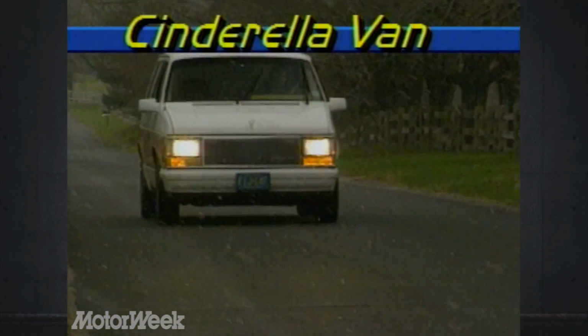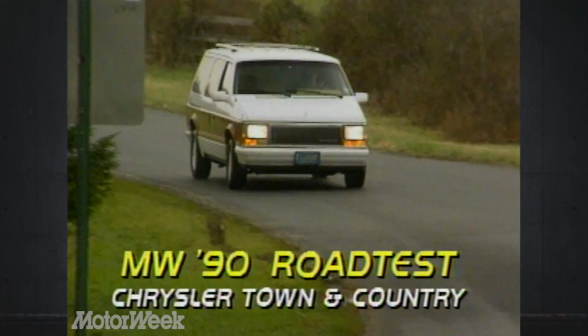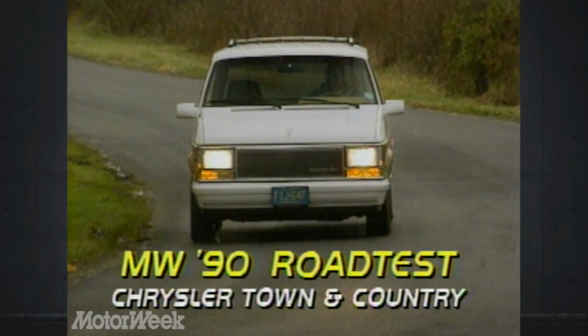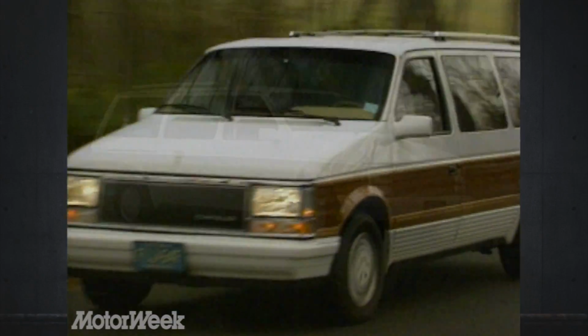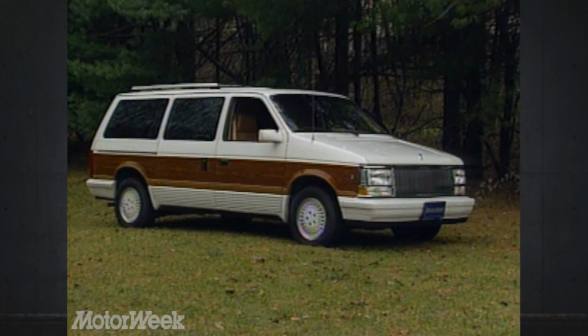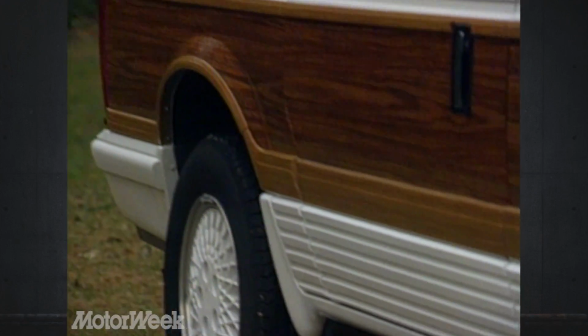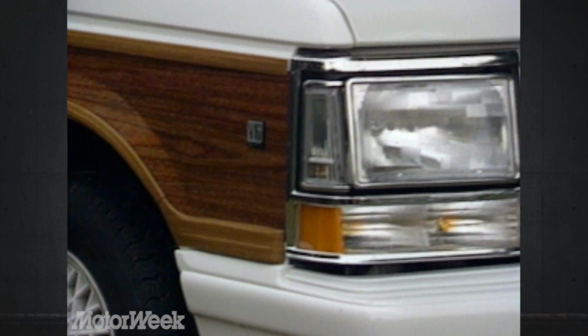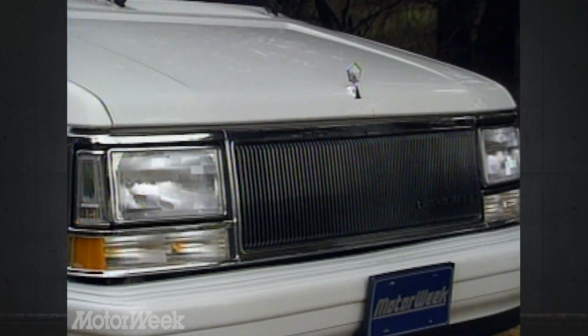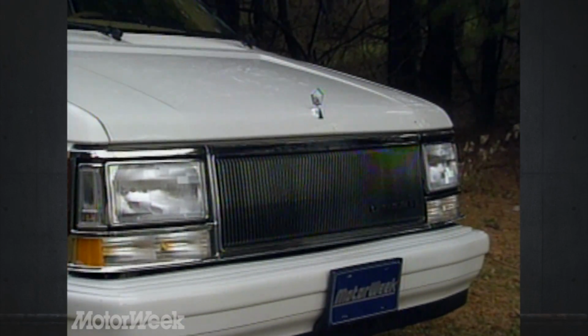The Chrysler Town & Country proclaims its luxury status with a special trim package that's not shared by any of its more mundane people hauler relatives. Like past Town & Country vehicles, this extended body minivan wears imitation wood panels that are the nameplate's trademark. The trim also includes bumpers, special lower body cladding, and cast aluminum wheels that match the body's only available colors, black or white. A unique grille and crystal Pentastar hood ornament also set the Town & Country apart from the